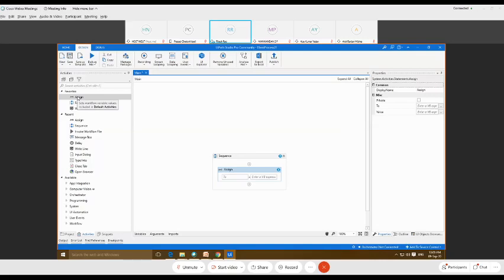Now I'm just going to debug. Okay, so you can see here, after changing this, let me debug this again so that we can get a clear understanding of how the argument works.